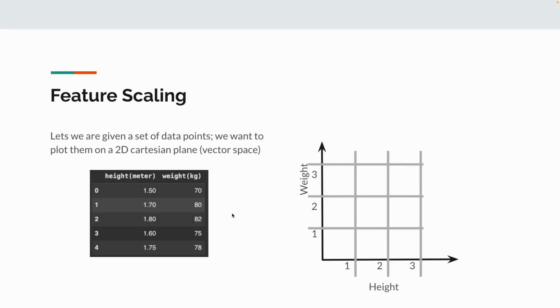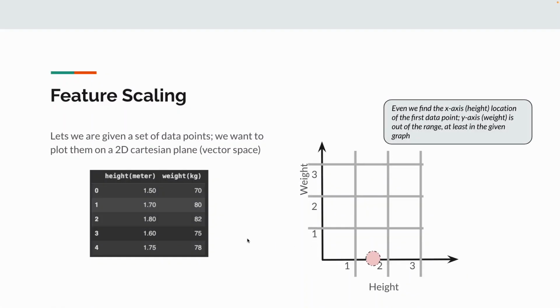So first we want to plot these data points on a 2D Cartesian plane to see how they actually fit in a two-dimensional vector space. On the x-axis we want to plot their height, and on the y-axis we want to plot their weight. We have drawn a grid representing our vector space, and we are going to plot our first data point. The height in meters is 1.5, so the height value should be around here,